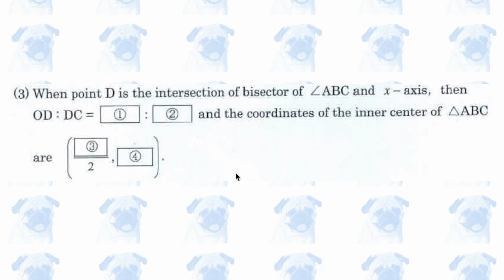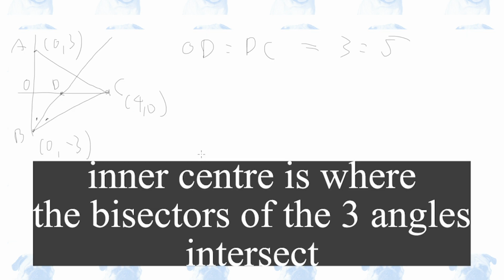And next we have to find the coordinates of the inner center of the triangle. The inner center is basically where the bisector of each angle meets, like this. OC is actually the bisector of the angle ACB, so we basically have to find the coordinates of